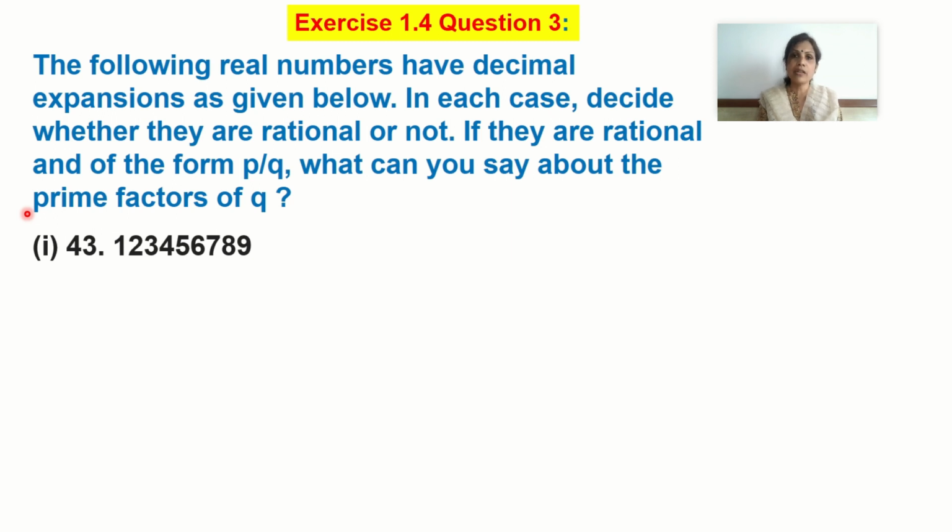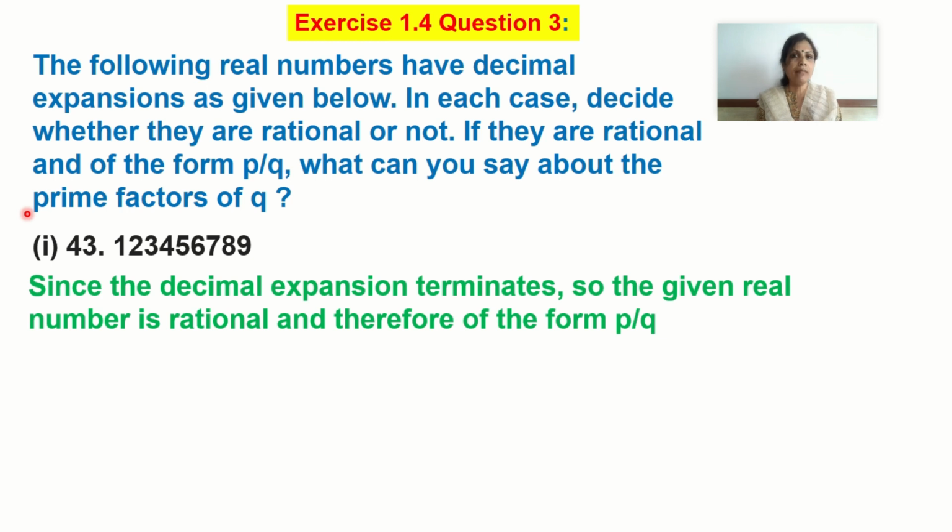So the decimal expansion terminates, and so we can conclude that the number is a rational number and it can be written in the form P by Q, because every rational number can be written in the form P upon Q. And since the decimal expansion is terminating, we can call that a rational number, because every rational number will either have a terminating decimal expansion or it will have a non-terminating but repeating decimal expansion. Alright, so the number we have written.